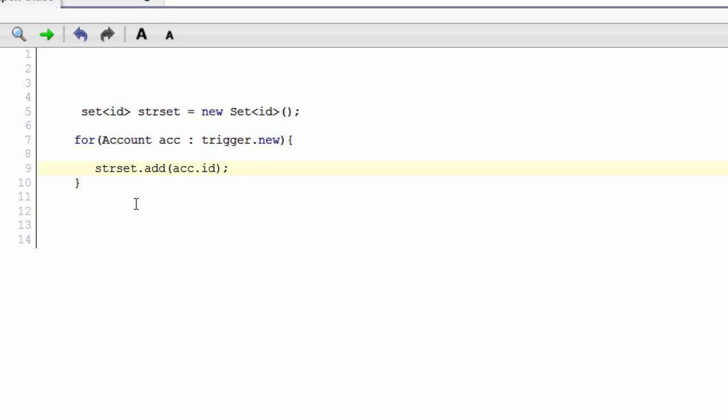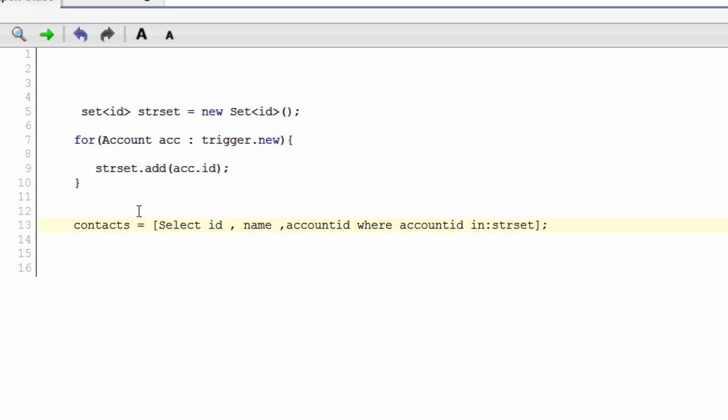That later on, let's say in your trigger you want to query contacts. So it could be select id comma name comma account id, but you don't want to go ahead and query your whole Salesforce org. You could have lakhs and millions of records. You want to limit your query. You want to make it optimized. So where here you can use this set where account id in str set. Okay, so because you want to work with a particular set of records at a time,